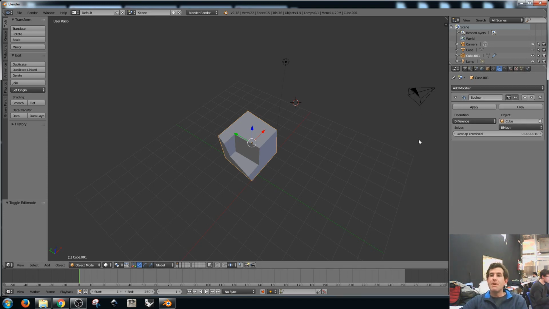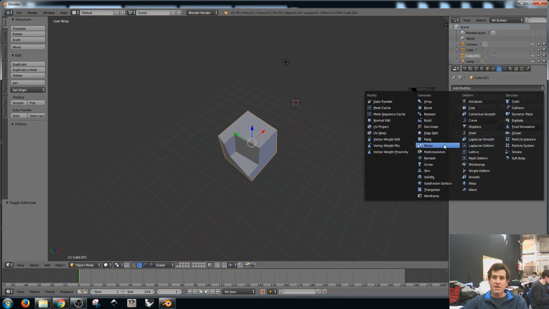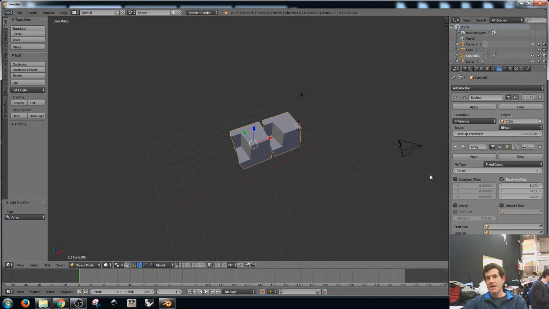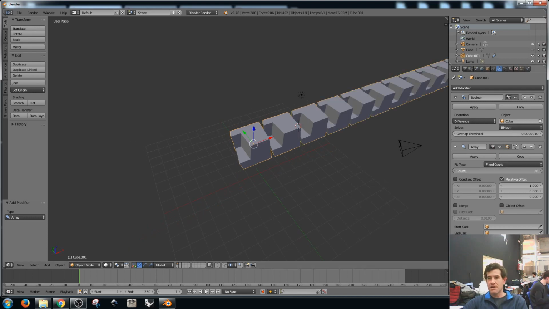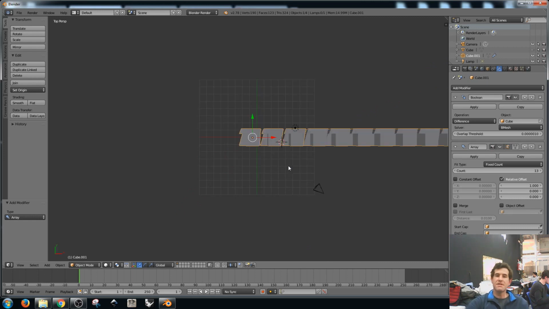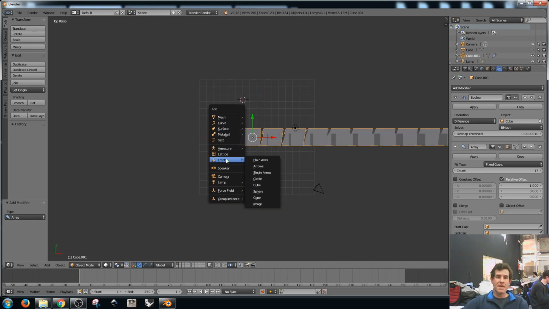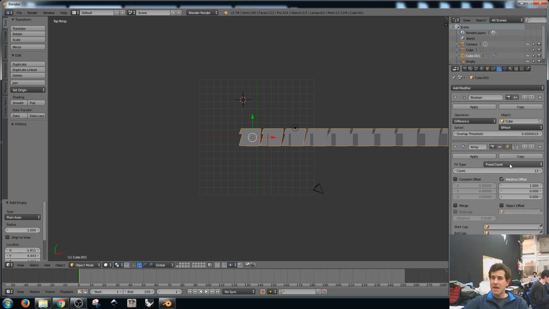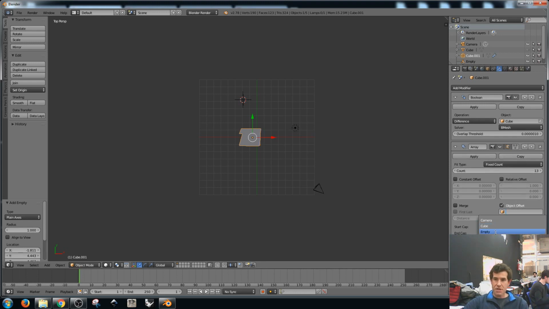And I can keep adding different modifiers over that. For example, an array modifier. I can make several copies of my cube. This is a good place to make an example of an empty object. If I add an empty object and I tell this, I want to make an array around that object,